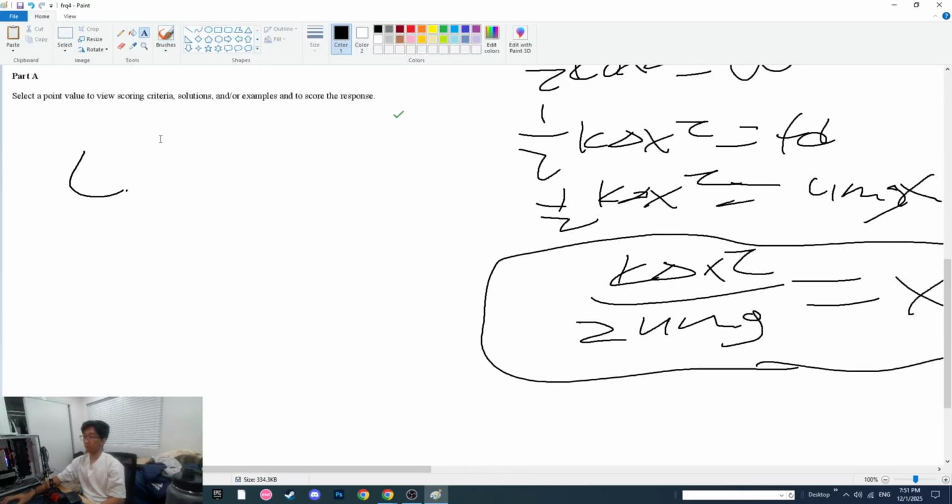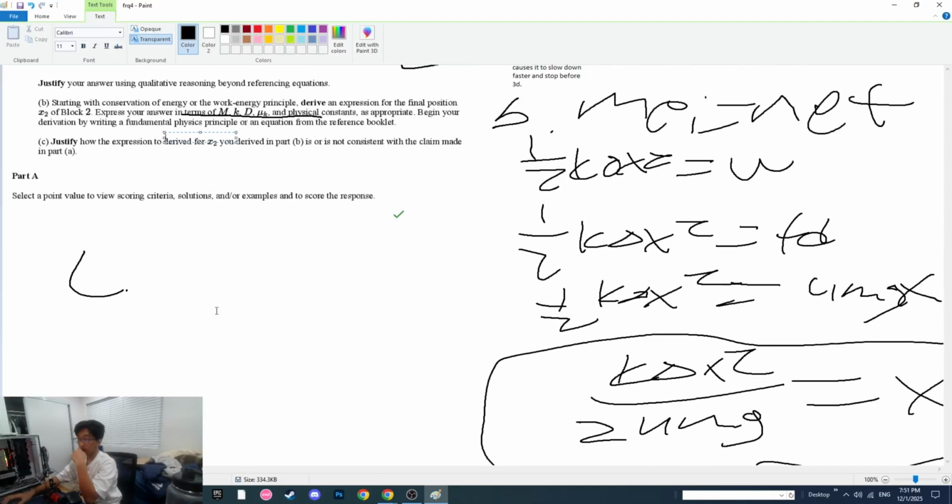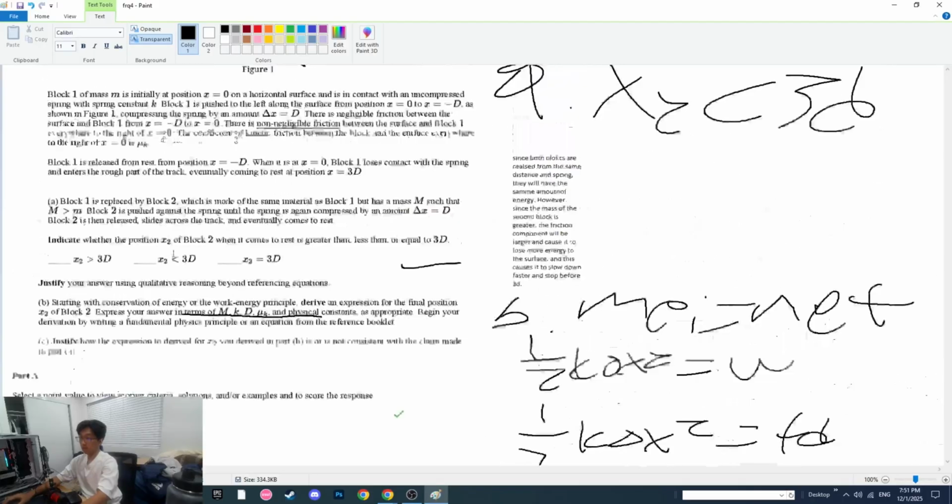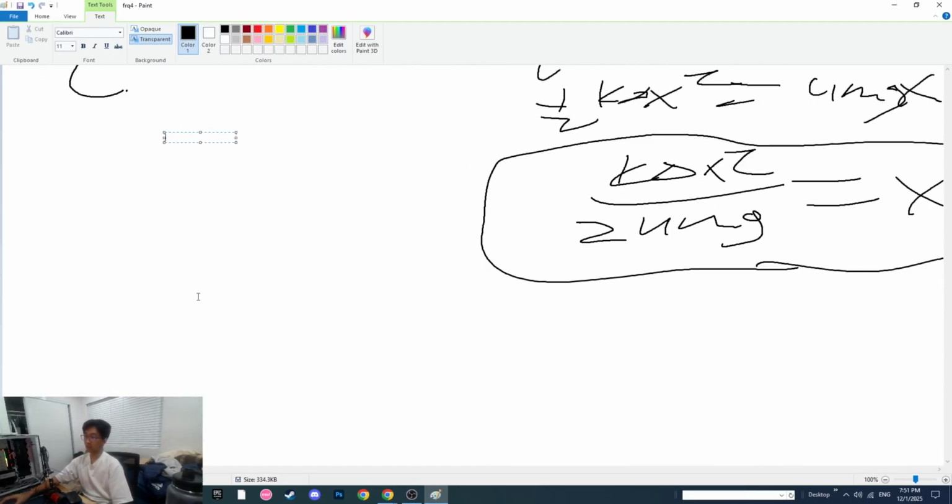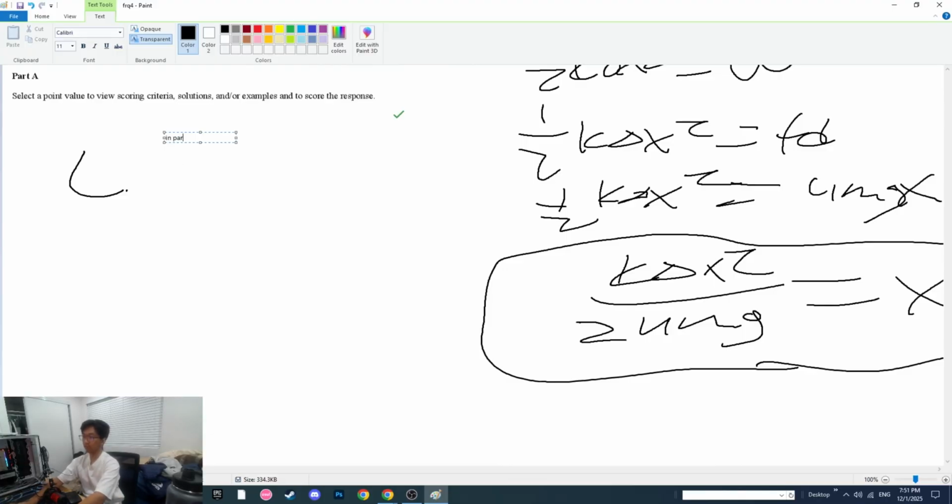And so for part C, we're asked to justify if the expression we derived for part B is consistent with our claim in part A. So we could say that in part A, we said that x2 would be less than 3D, and this is true because